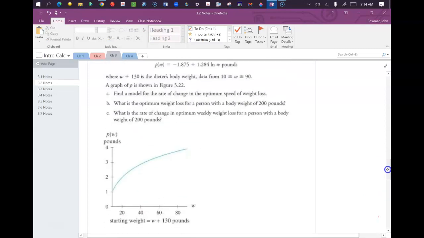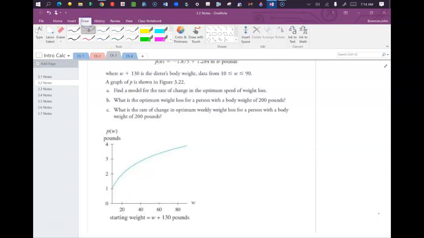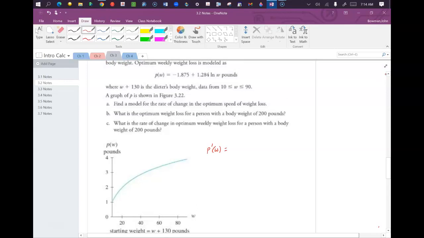Okay? Find a model for the rate of change in the optimum speed of weight loss. So what they're asking us to do is to find P prime of W, and P prime of W is going to be the derivative of P of W, and the derivative of the constant, negative 1.875, is 0. The derivative of the next part, the constant rule, is 1.284 times the derivative of the natural log, which is 1 over W, which turns out to be 1.284 over